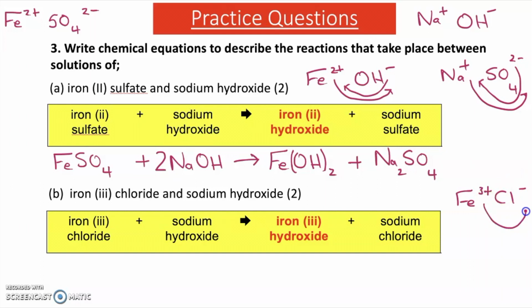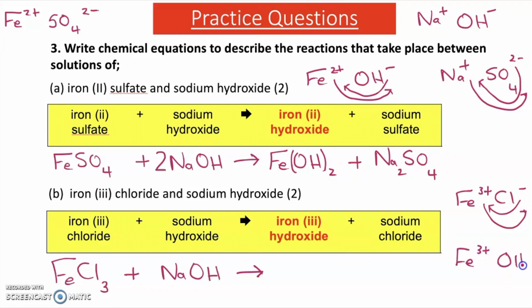So now let's do the equation for B. So iron 3 chloride has a formula of FeCl3 because we have Fe3+ and Cl- ions. Swap the charges, FeCl3. Sodium hydroxide has a formula of NaOH because we've already worked that out. This time we have to work out the formula of iron 3 hydroxide. So it's Fe3+, OH- ions. Swap the charges over. The chemical formula is